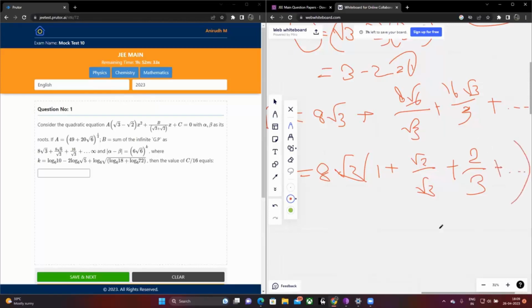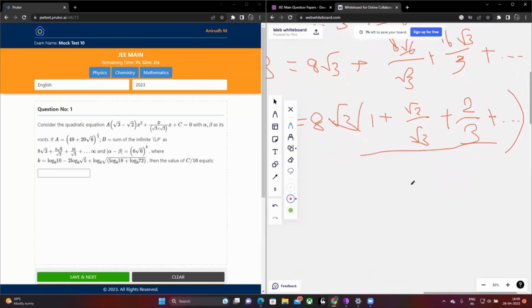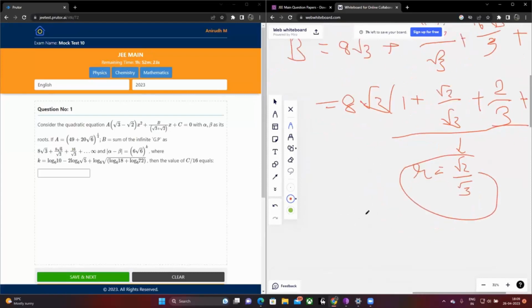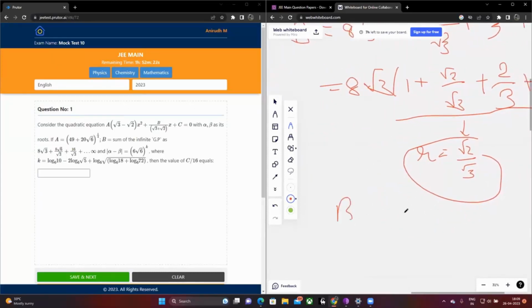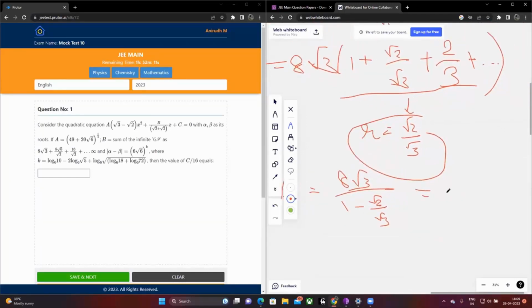Plus whatever, right? So you can see that this is an infinite GP with ratio root 2 by root 3. And so this expression B simplifies to 8 root 3 divided by 1 minus root 2 by root 3, using the formula a by 1 minus r for the sum of an infinite GP,